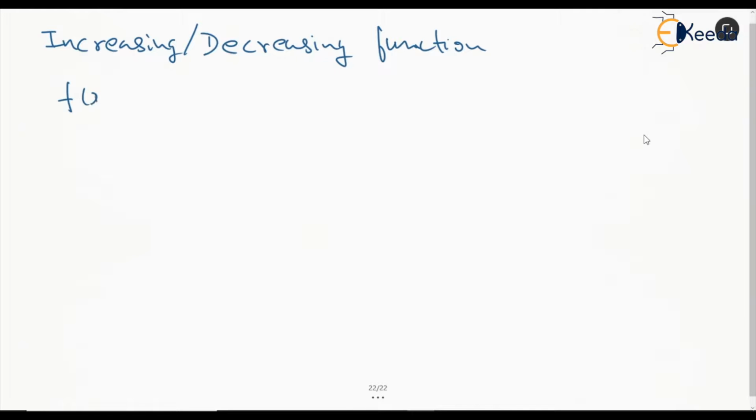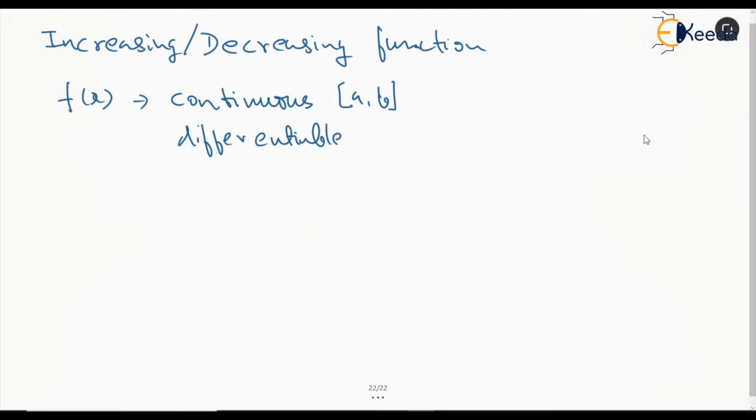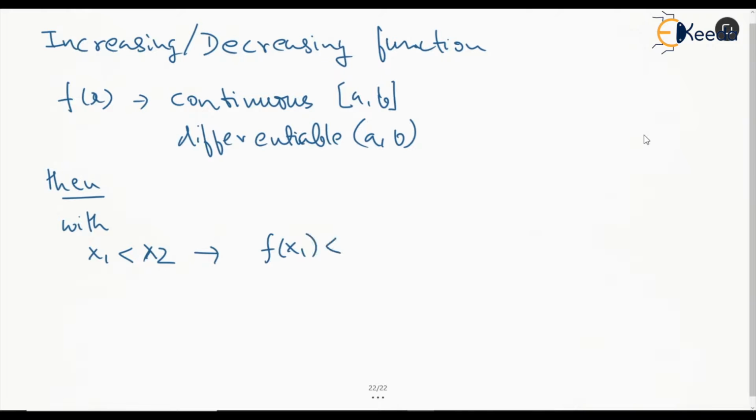f of x is continuous in the closed interval a to b, and differentiable in the open interval a to b, then with x increasing, let's say x1 is less than x2, and if we have f of x1 less than or equal to f of x2, then we say